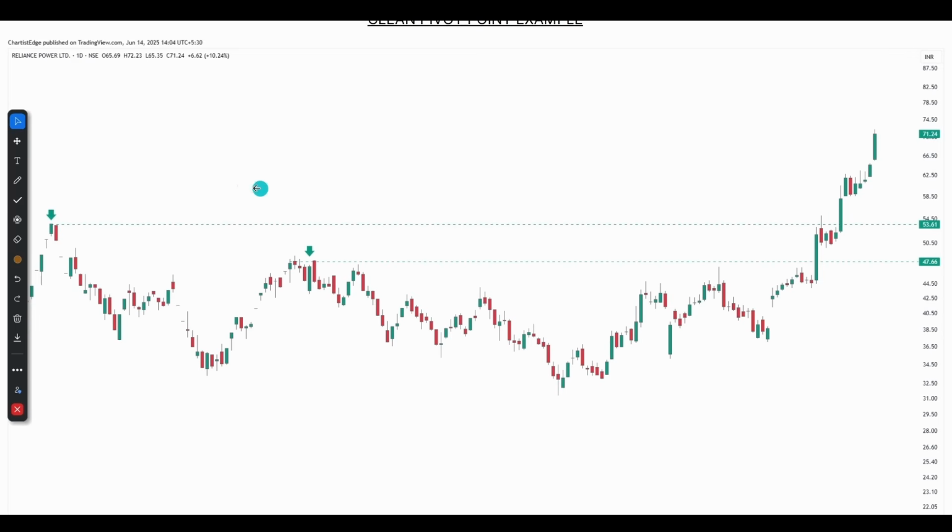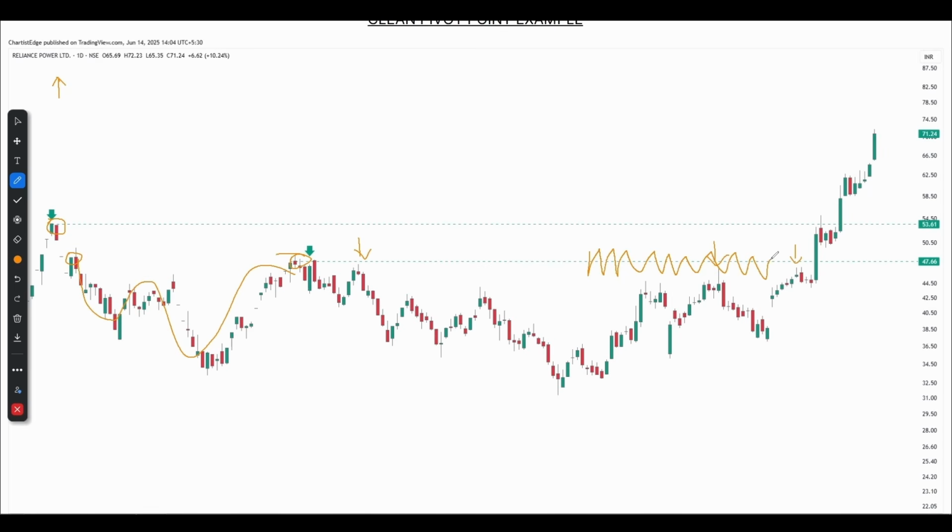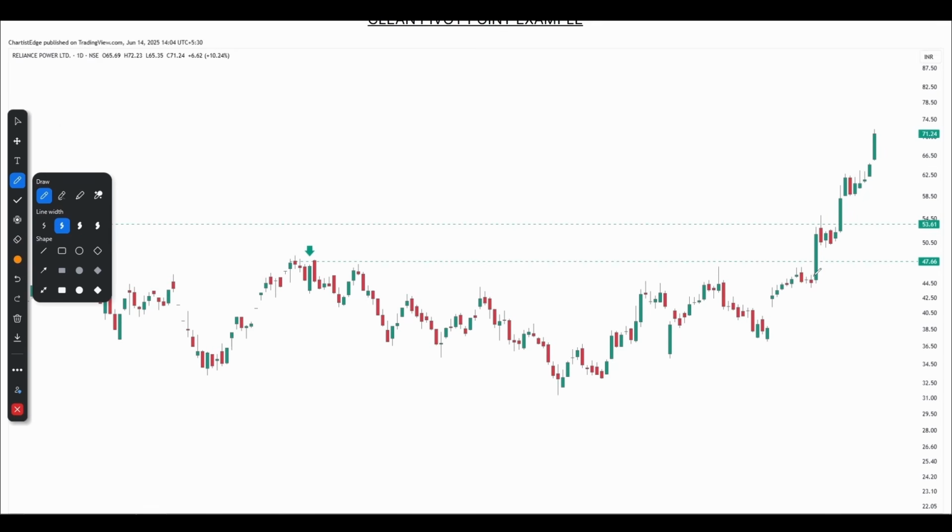So this is a clean example of a pivot point. Example number 1 is R Power. You can see this was the major pivot point, the price went down, pivot point, right, pivot point clean. You can see the price is respecting that set pivot point. You can see the price is not reacting in a volatile manner in this area, rather it is consolidating and contracting inside that pivot point or inside that range,